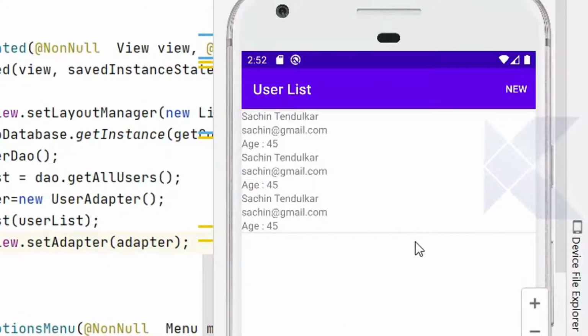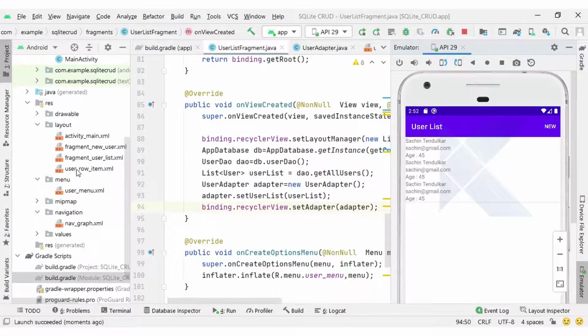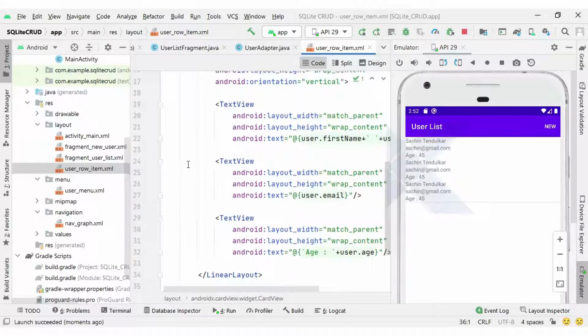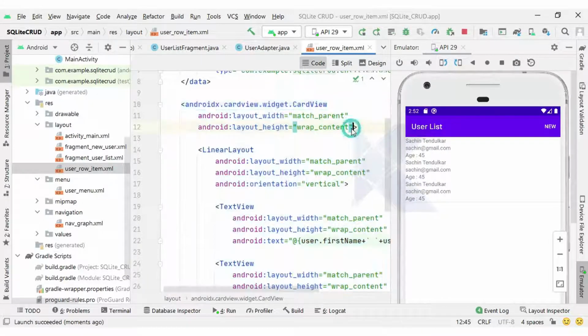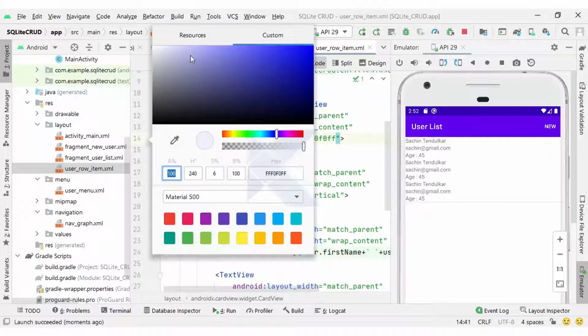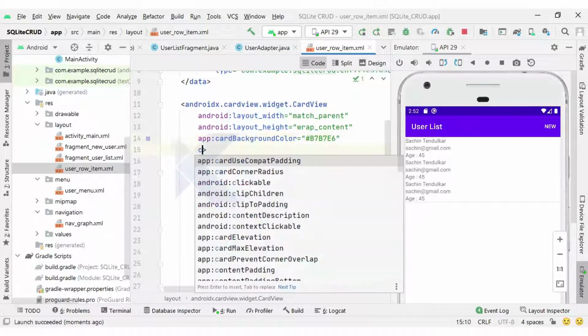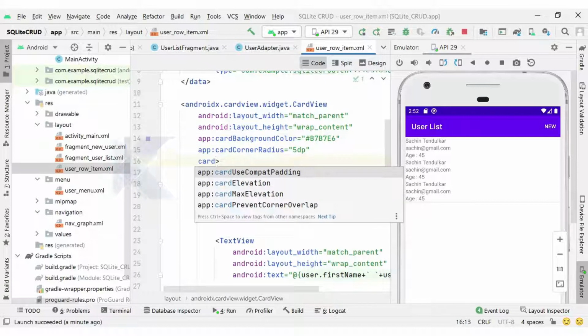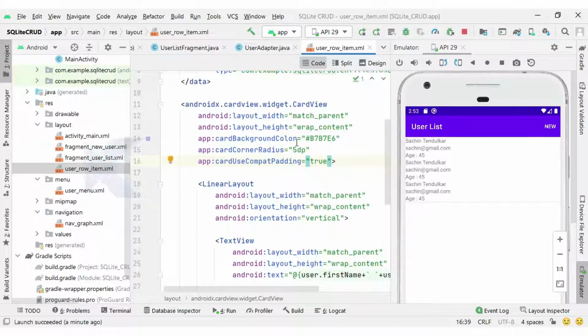So guys, you can see here our data is displaying, but it does not have a proper look. So inside our user row item we can set card background color. Okay, card background color, something like F0F0F0. You can type anything, and then after you can choose any color from here. Okay, next we are going to set card corner radius 5dp, and third one, card use compact padding true. Okay, so with this, if I run and check the output,